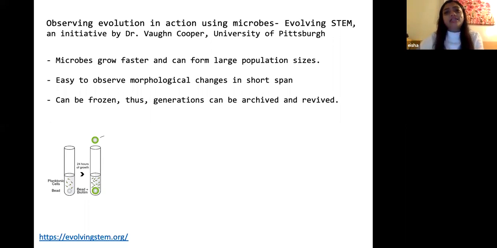But practically it's not possible right now on this planet. But what is possible is possible with microbes. And so you can do this generation of experiments with microbes. So this particular evolving system